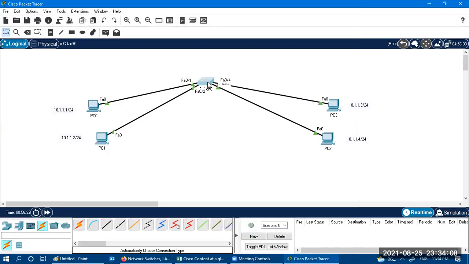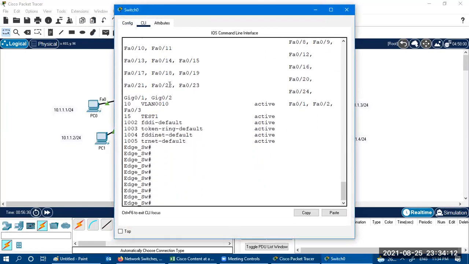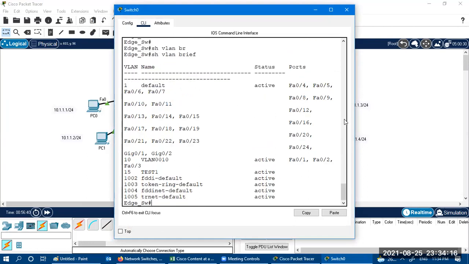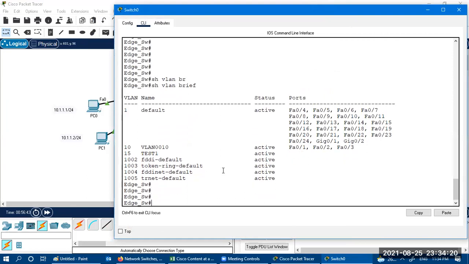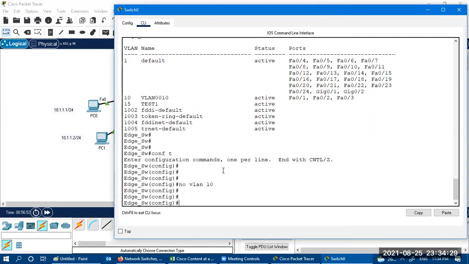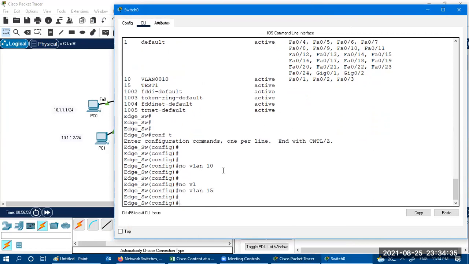So first thing that you have to do, show vlan brief. One more thing, if you want to delete VLANs, you have to say no vlan 10. Now VLAN 10 is removed. No vlan 15.